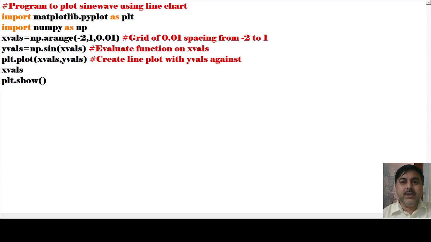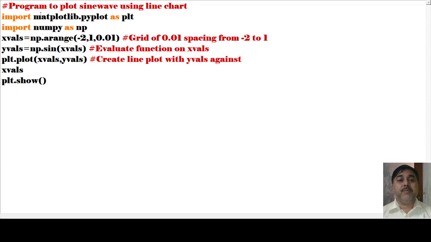So now see this particular program. In this program, what you can see is a sine wave. Wave means like a water wave, it will go in that wave pattern of a line graph, isn't it? So in this wave chart of a line graph, first I have import matplotlib.pyplot as plt.